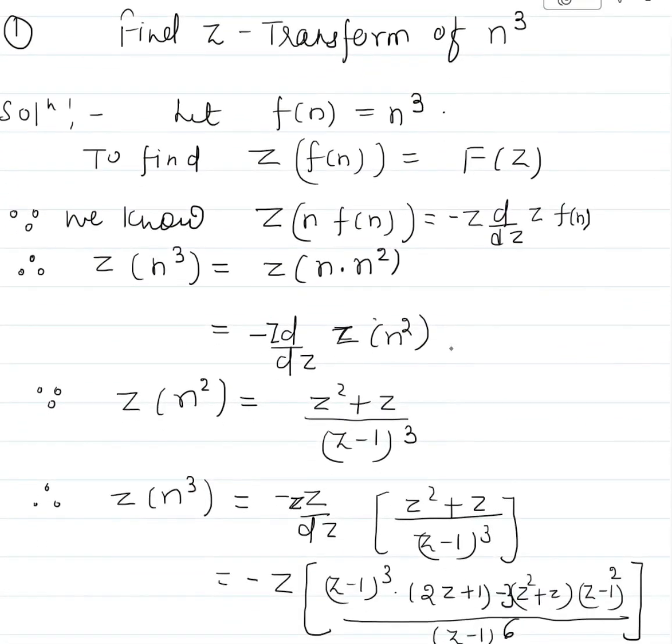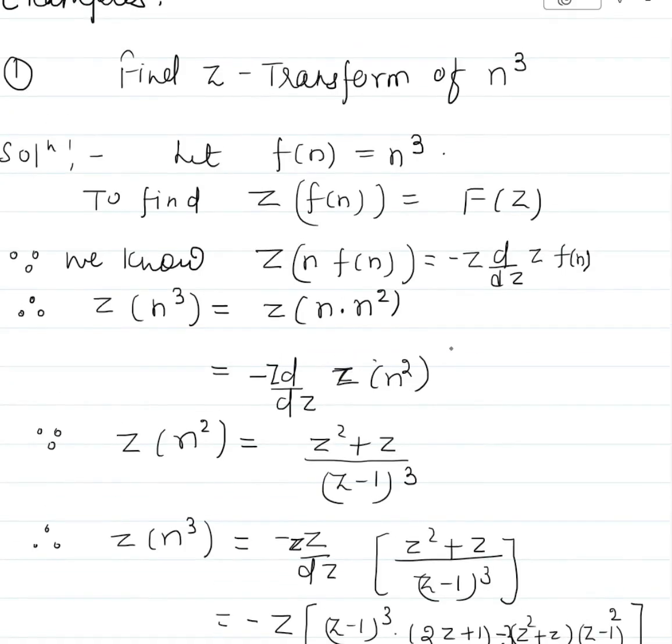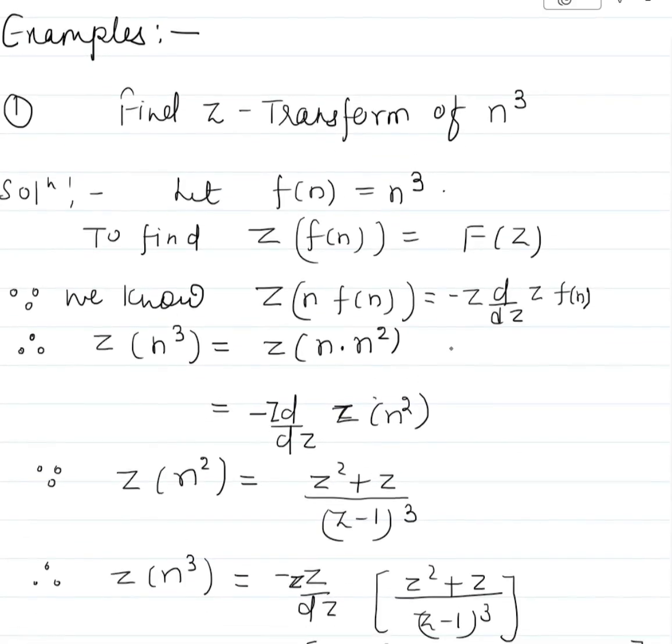Now we are seeing some questions based on the Z transform. These are some important questions: how we can find the Z transform of n cube, or if we have been given any partial fraction, or if the function is multiplied by n. In these types of questions, you can use the results which I have shown in the table. Let's see now. Suppose our function is n cube, like f of n is n cube. To find the Z transform of n cube, you will use the formula.